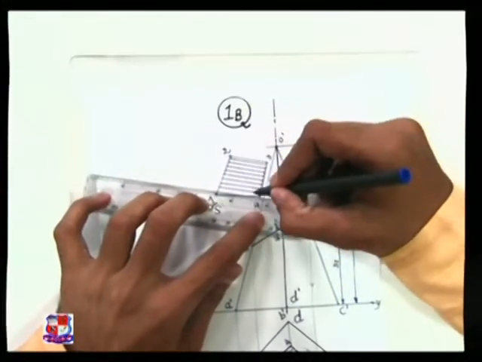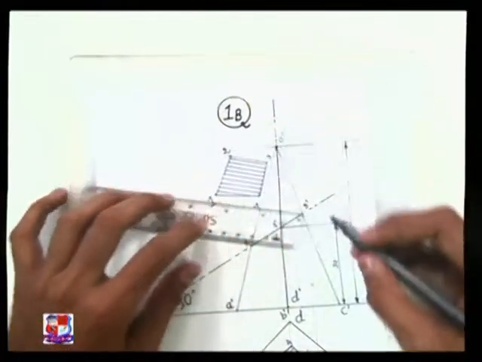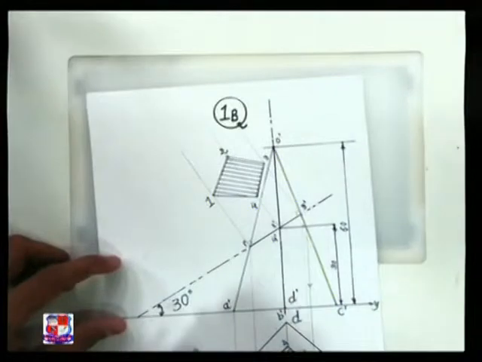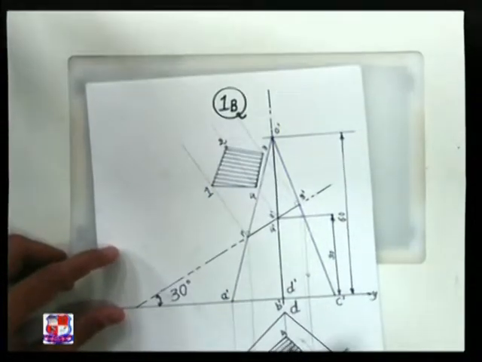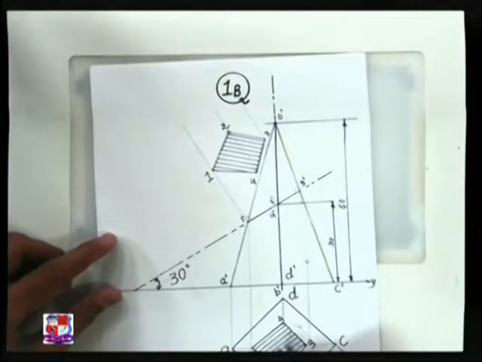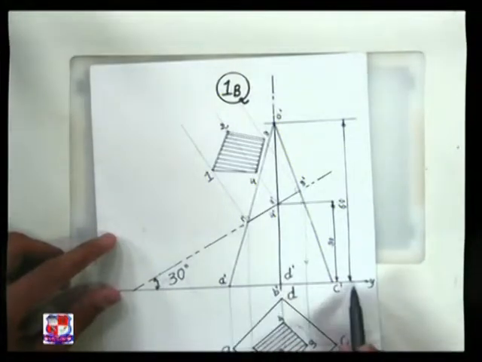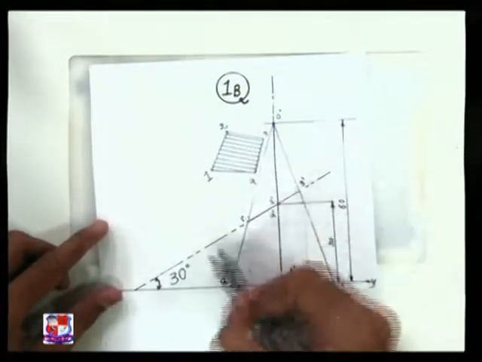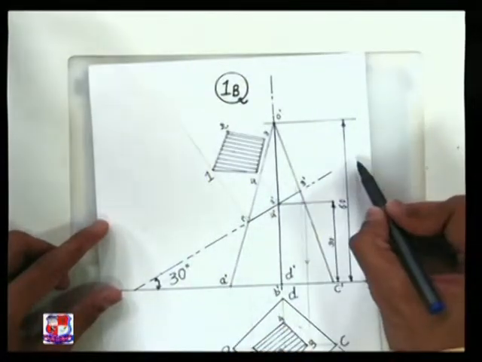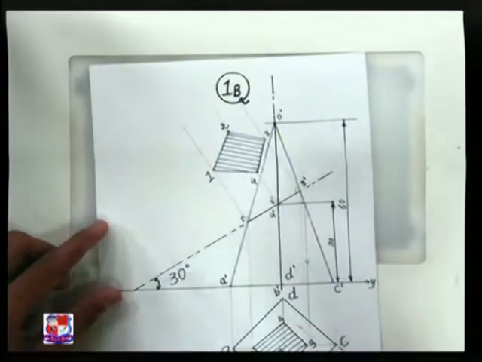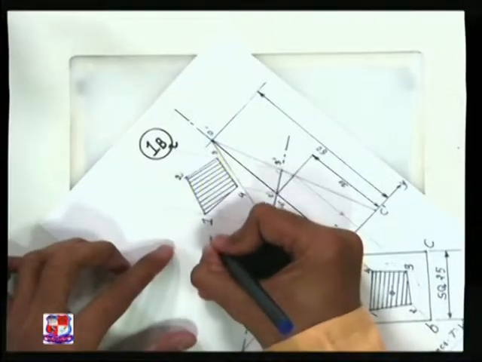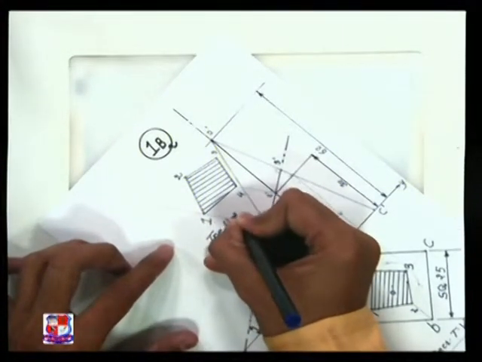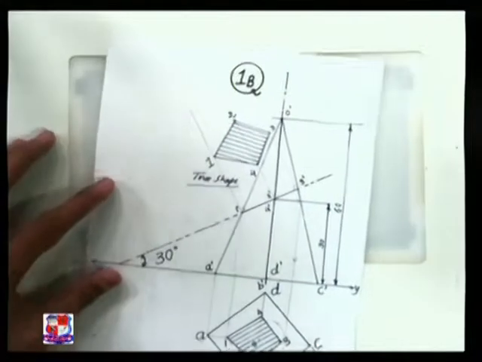These section lines should make an angle of 45 degree with this reference line or this cutting plane line, not XY line. Whenever we had drawn section line over here, these section lines made an angle of 45 degree with XY line, but here these section lines should make an angle of 45 degree with this reference line, which makes an angle of 30 degree with XY line. So this is true shape. We can write here it's a true shape of given section.